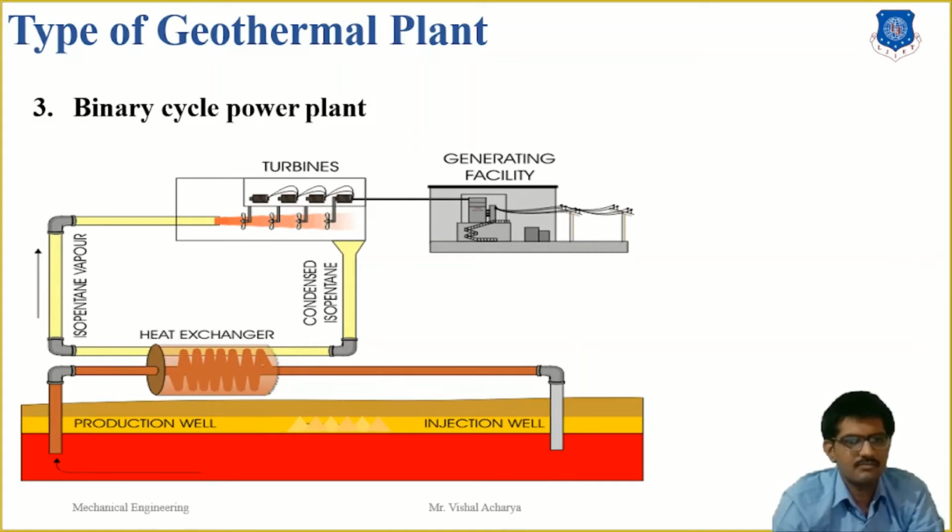The secondary fluid is another liquid used in the binary cycle geothermal power plant that has a much lower boiling point than water. It works on both the Rankine and Kalina cycles. The thermal efficiency of this power station is expected to be between 10 and 13%. The power plant is called binary since here we are using two liquids: hot water and a secondary liquid like a refrigerant for its working.